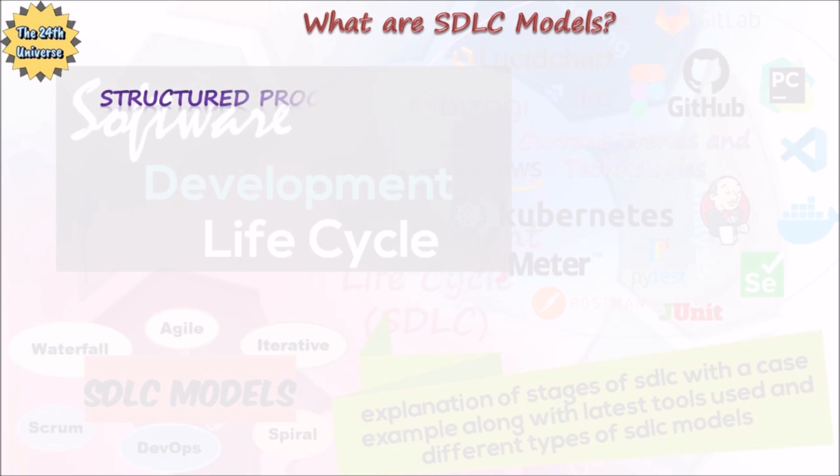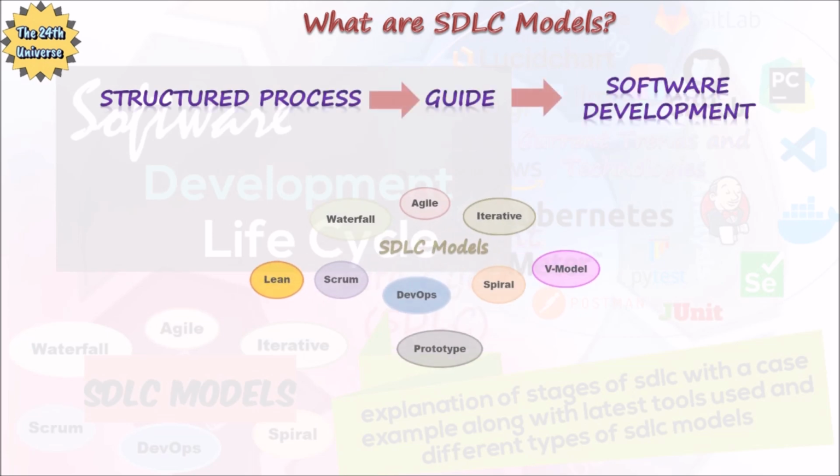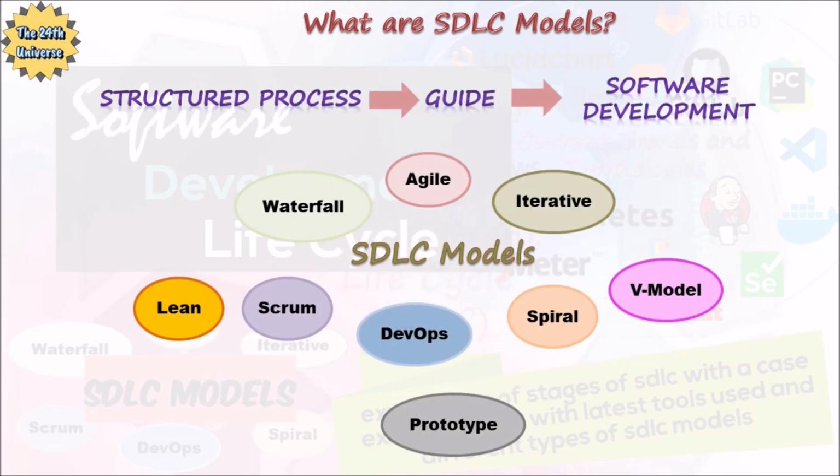What are SDLC models? Software development lifecycle models are structured processes used to guide the development of software applications from initial planning to deployment and maintenance. They define the steps and stages that a software project goes through and provide frameworks for managing the complexities involved